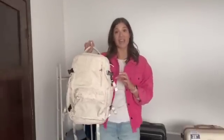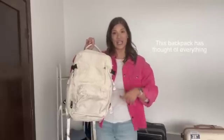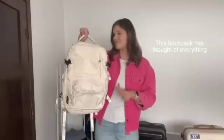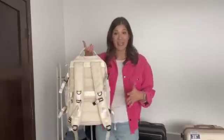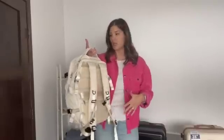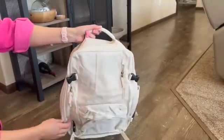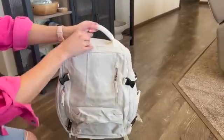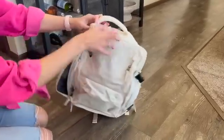All right, I just got in this travel backpack. It is awesome, and this will work as your personal bag on a flight. So this is one that you can fit underneath the seat in front of you, and it holds so much. It has a padded back as well as some clips that make it very, very comfortable to wear when you're walking through the airport. It has a back zipper compartment that is padded, that is designed to hold your laptop, and the inside has tons of space as well as lots of internal pockets for holding things like